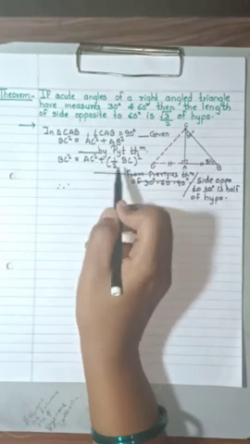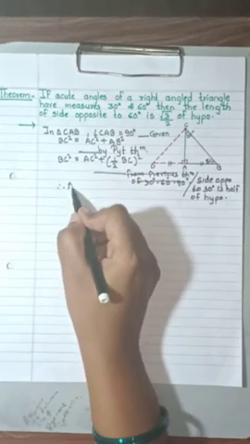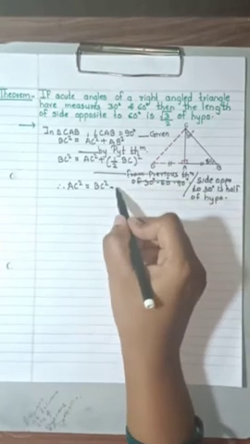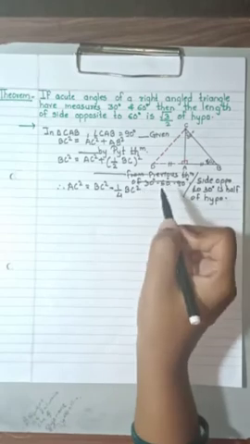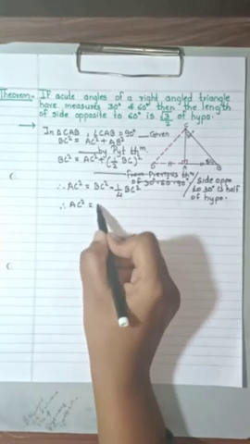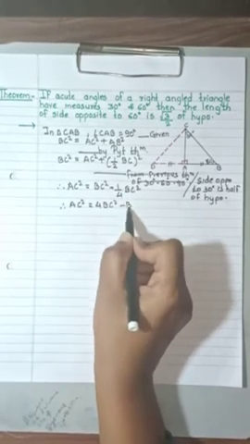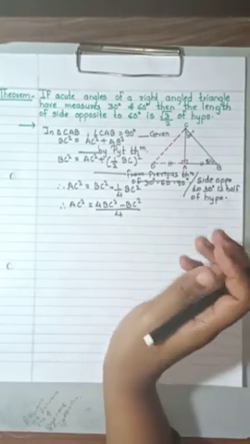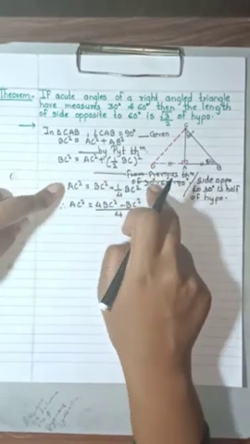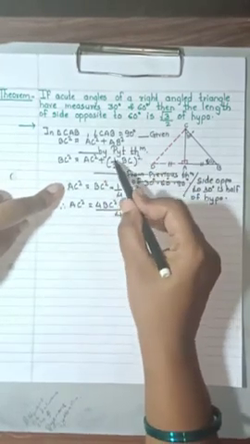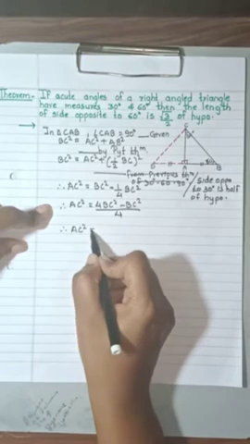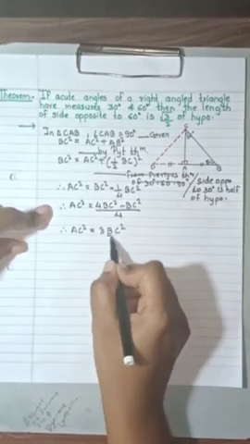Now what we'll do, we'll take this BC to one side and AC to other side. So I'll write down here AC square is equal to BC square minus, now this will square, 1 upon 4 BC square. Therefore AC square is equal to 4 BC square minus BC square upon 4. Have you understood what we did? We took this half BC square to one side and AC square is left alone. And what we did here, we have squared this 1 upon 4 BC square. Therefore AC square is equal to 3 BC square upon 4.